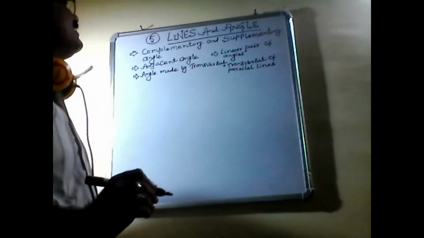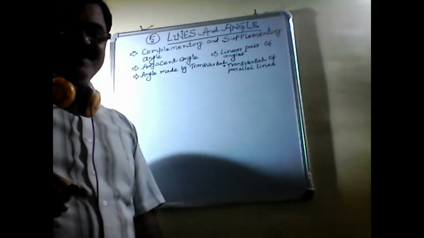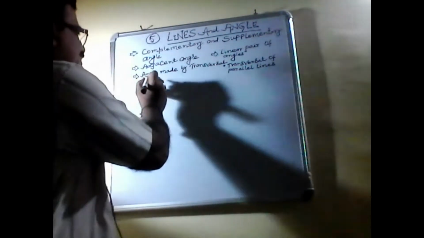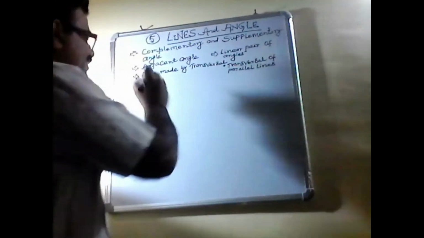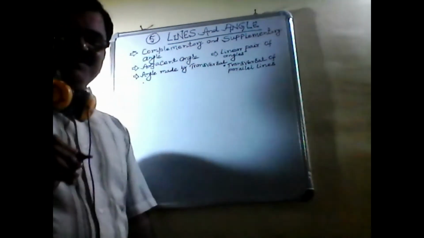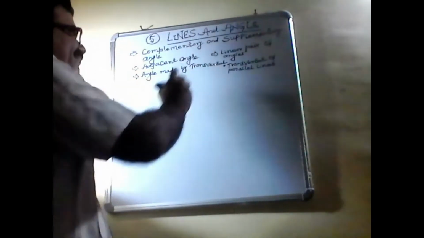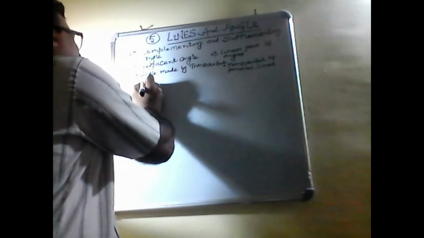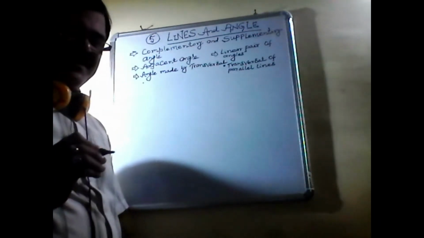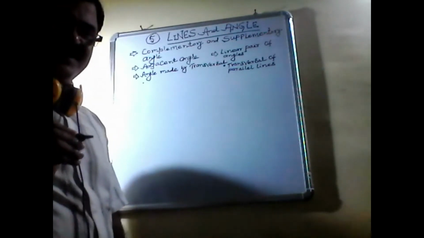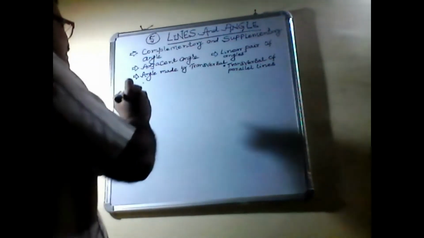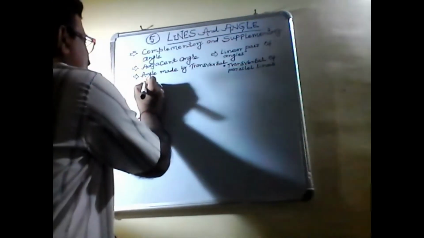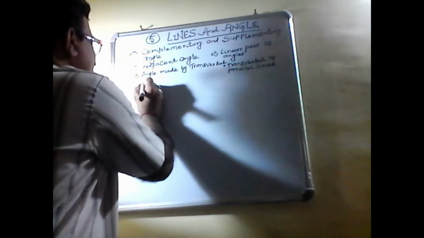So let us start the geometrical part, that is, basic geometrical concepts. What do you mean by a point? Suppose I put one point here. Suppose it is a plane surface, and if it has no length, breadth or height, that is, no thickness, then such a thing is called a point. If we put points and join them together,